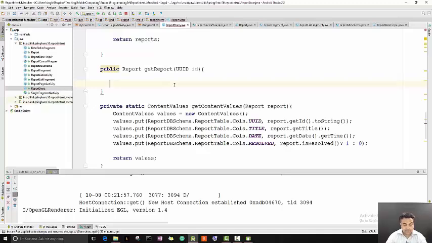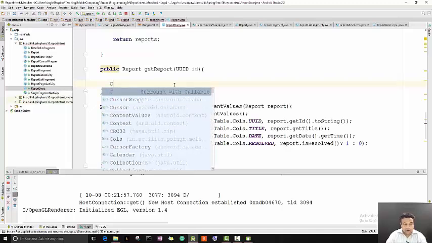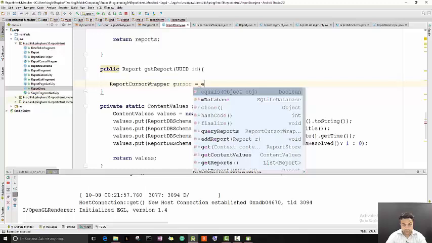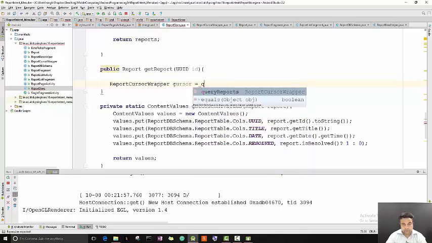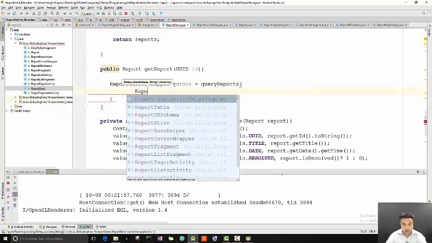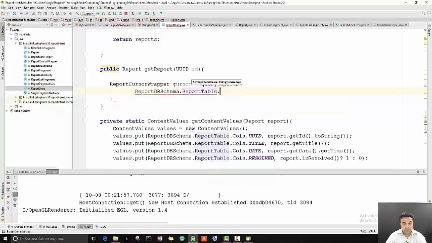Let's remove that and write ReportCursorWrapper cursor equal to queryReports, report table, columns, UID, plus